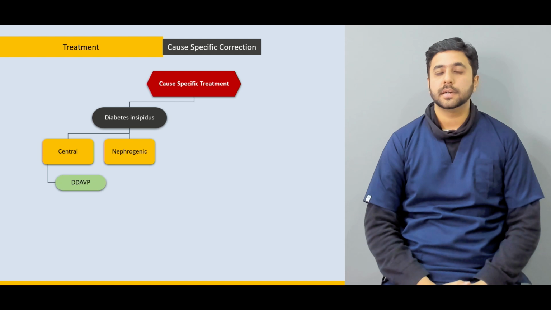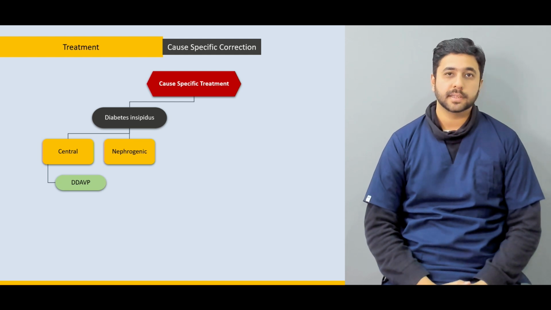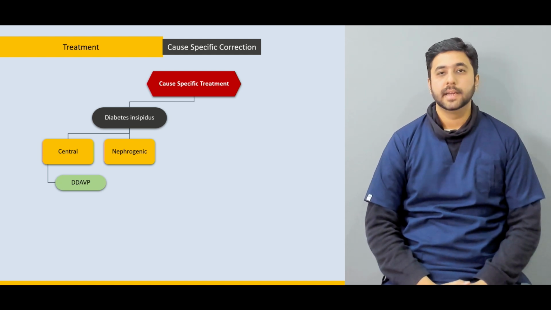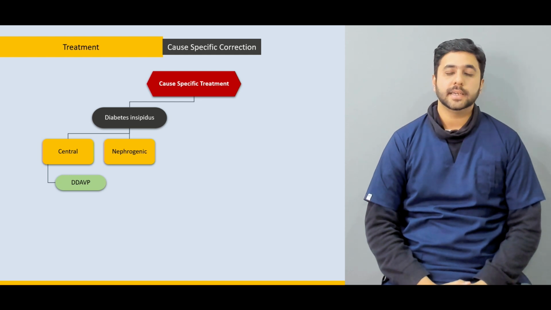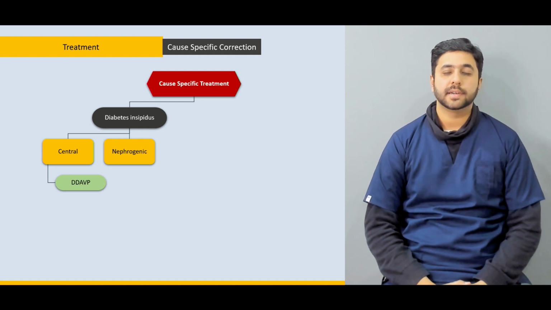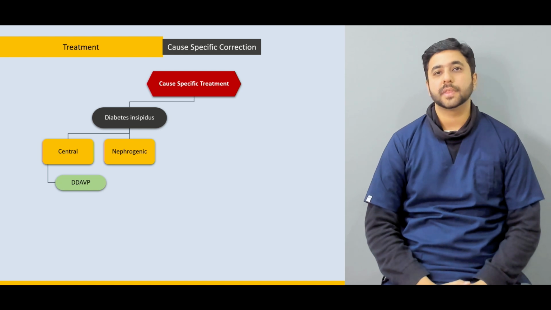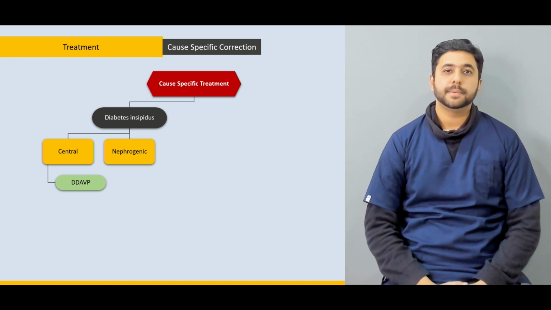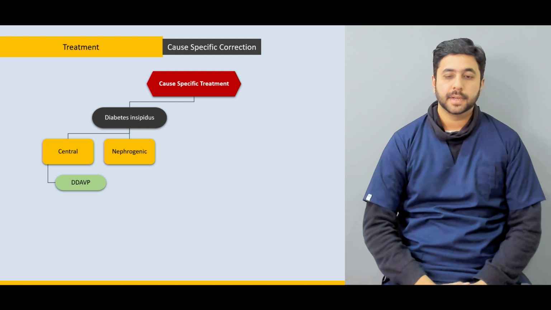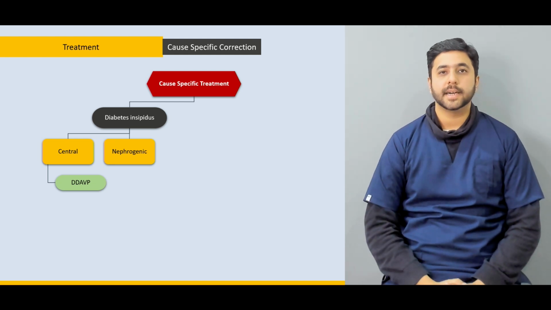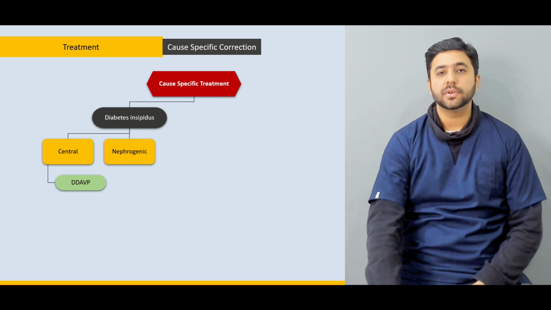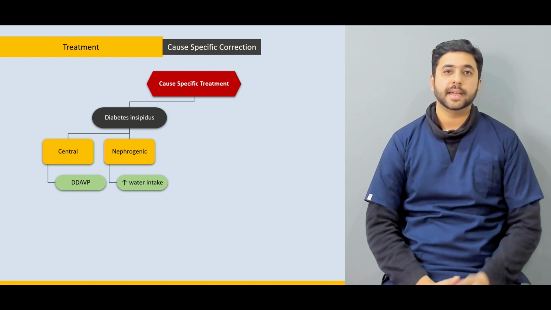In this context, we have to look at what is causing this nephrogenic diabetes insipidus. If there are certain drugs like lithium or ifosfamide or certain other abnormalities, then we have to get rid of the drug first. And then specifically in the case of lithium, because it damages the cortical collecting tubules, the ENaC channels, at which the aldosterone also acts, we can counteract the effect of the lithium by, number one,